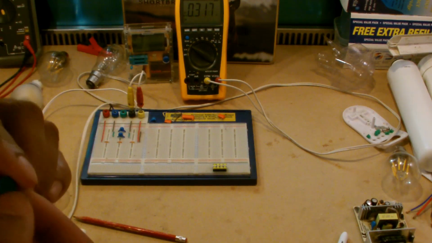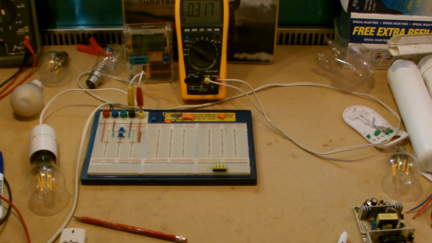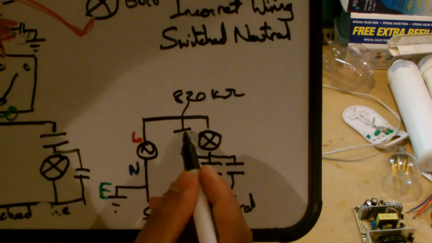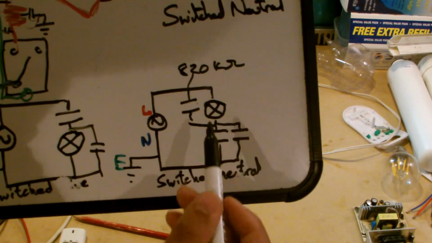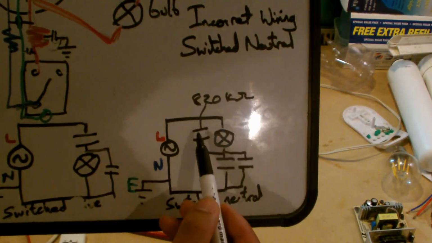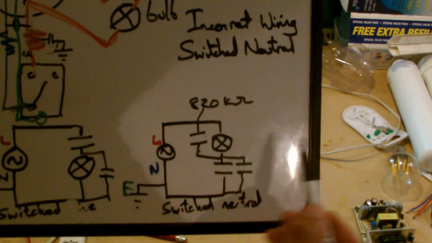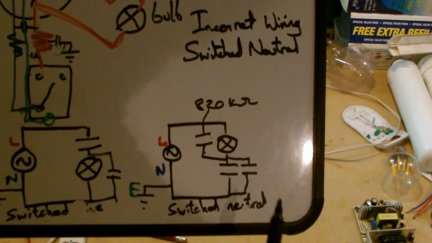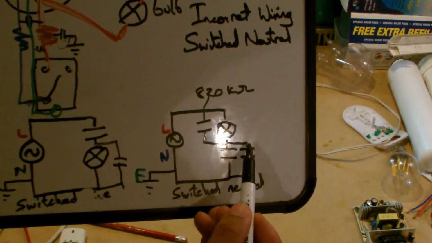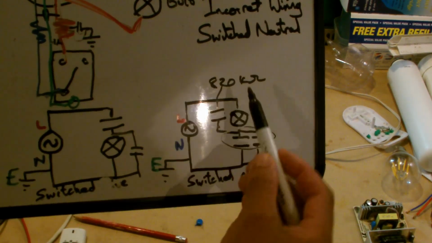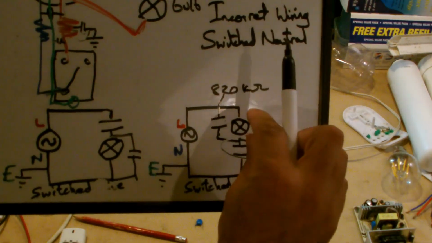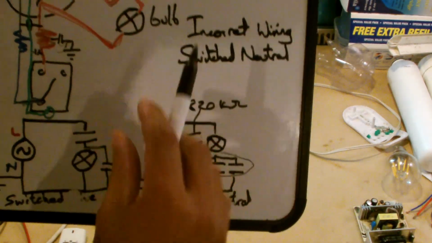So I've got the 2 nanofarad cap here, and I'm going to put my cap in this location. When you're working these things out, the voltage across the large cap will be smaller and across the smaller cap would be larger. So putting a larger cap than the combined amount of these will mean that the voltage will drop across the bulb, and of course it will never get to the strike voltage to cause it to glow.